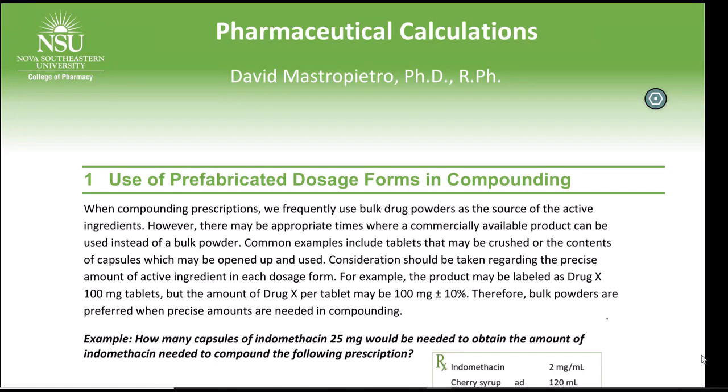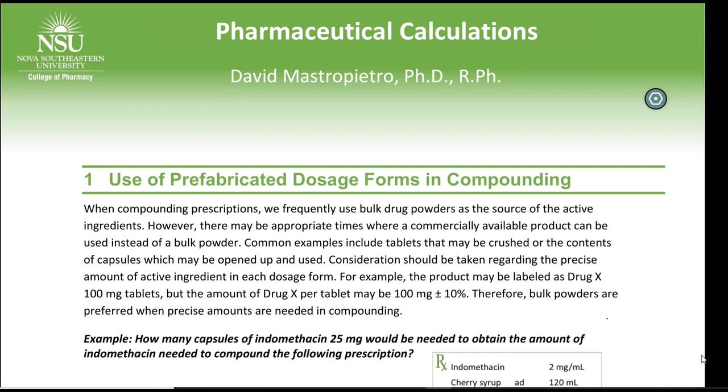In this video we're going to be looking at the use of prefabricated dosage forms in compounding. What that means is that when we compound medications in the pharmacy, we can get the active drug in bulk powder. So we can order a powder of a drug that comes in a big container and utilize that. If I needed 500 milligrams of a drug, I can take that container and weigh out 500 milligrams of the drug directly. But oftentimes pharmacies don't stock large amounts of bulk powders, so they're using the